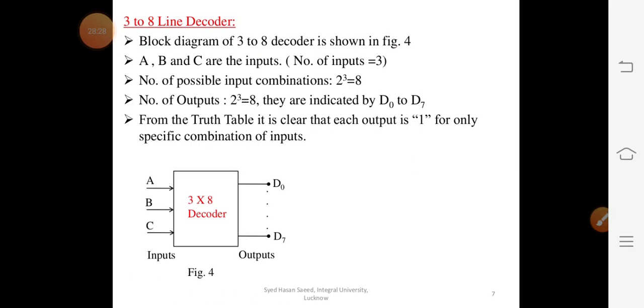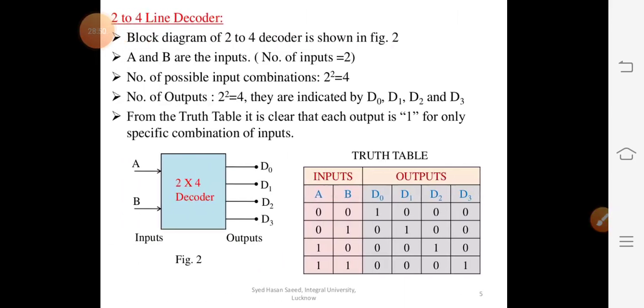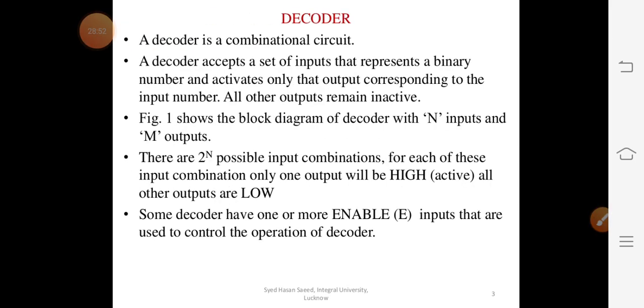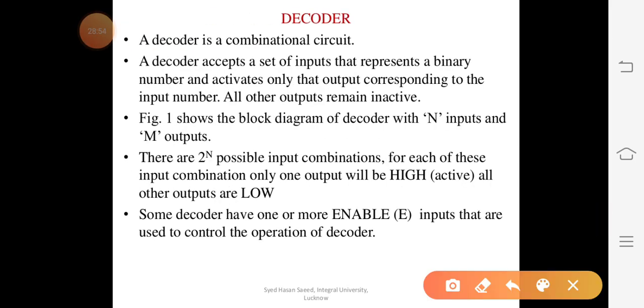So a question can come like what is a decoder? So first to write the definition, I have discussed it. You can write one more time. I am saying that a decoder is a circuit which converts a binary number into its equivalent decimal form, right? So this is the definition. After that you will write for this, then this point is more important, this one, this is the important point, this and this.